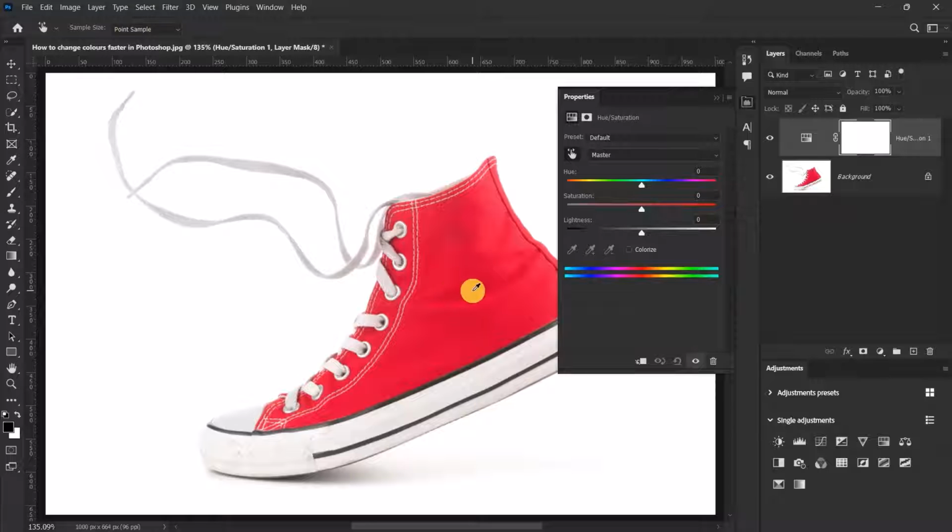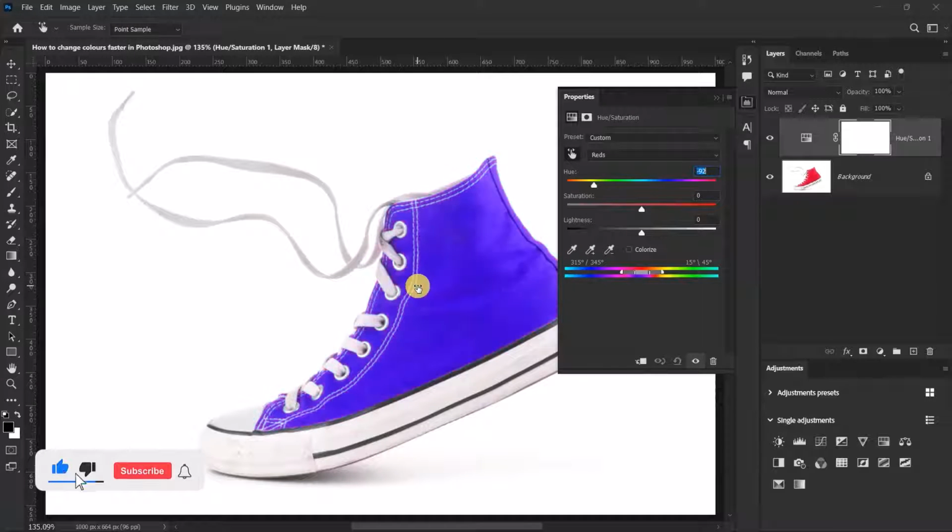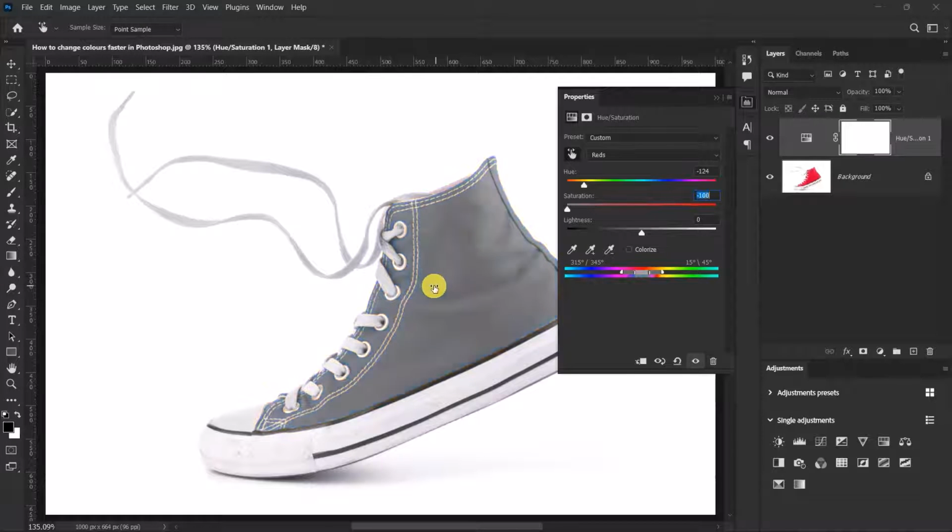Now hold down the control key, left click and hold to change the hue color. So I'll be going with something like this. Now release the control key, left click and hold and drag to change the saturation of the color. Then you